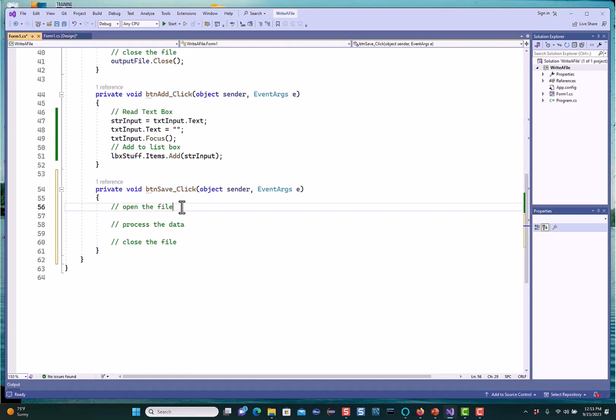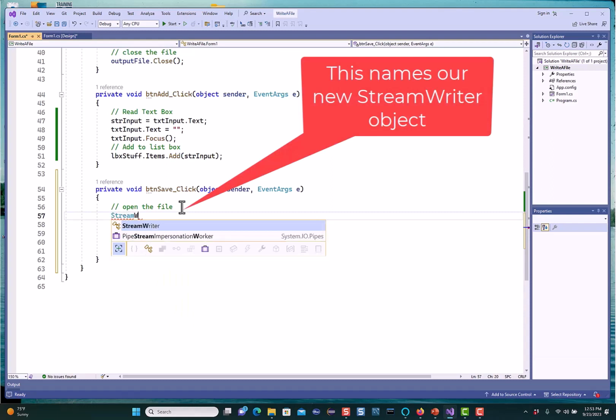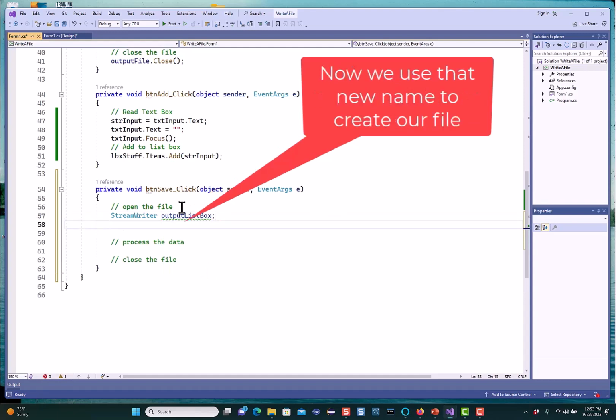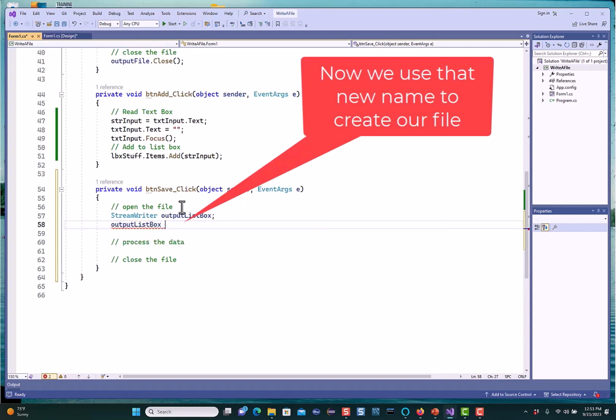What I'm going to do is open the file. I'm going to have to do my stream writer. So I'm going to say stream writer, and I'm going to give it a name. Let's call it output list box. And then we're going to go ahead and open that by saying output list box is equal to